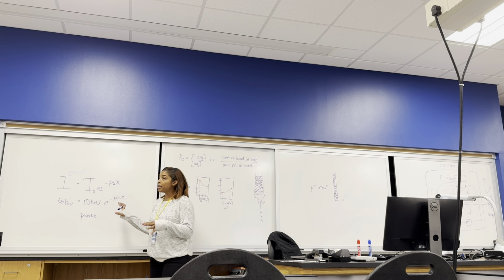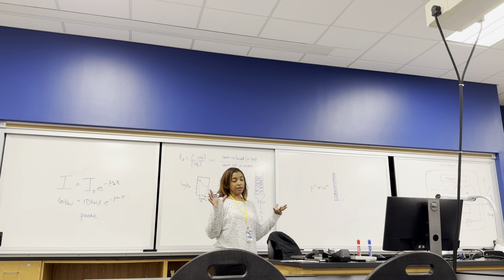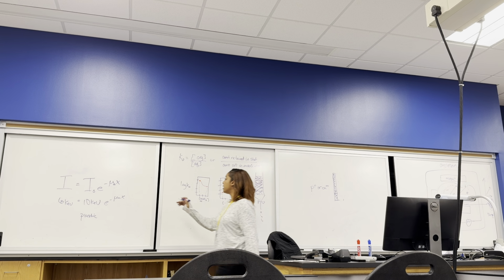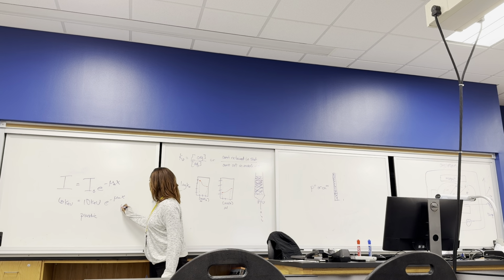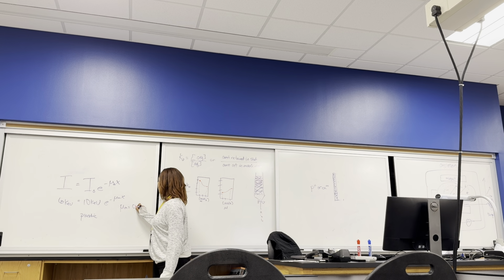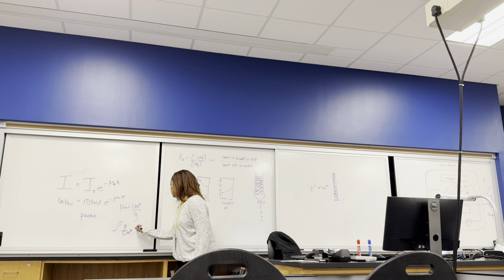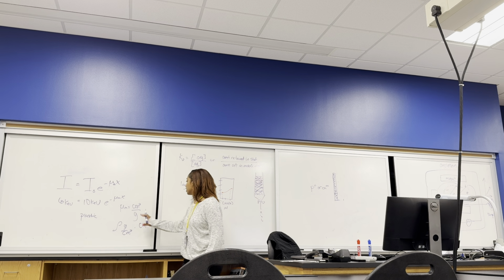So if you're using the mass attenuation coefficient, it's a function of your material, right? So you have to know the density, and usually a mass attenuation coefficient is given in centimeters squared per gram. So you have to have your density, which is grams per cubic centimeter, and you have to know the thickness of your material, which is usually in centimeters. So you take,